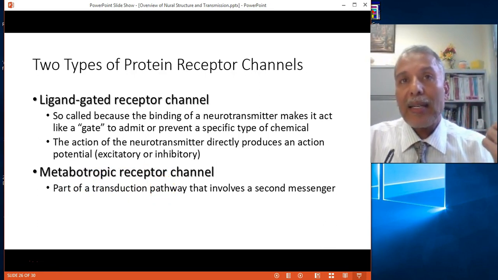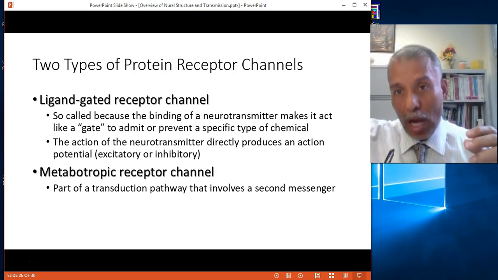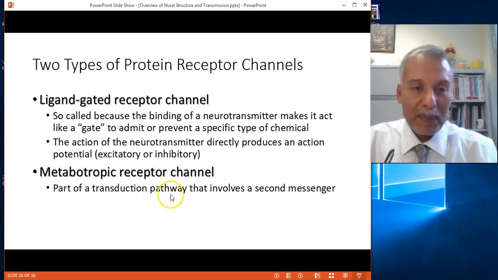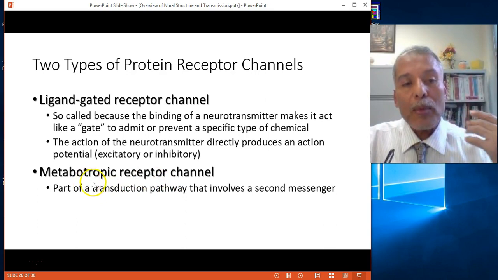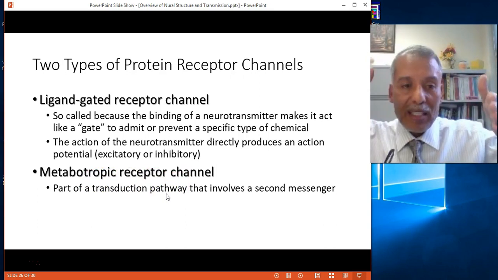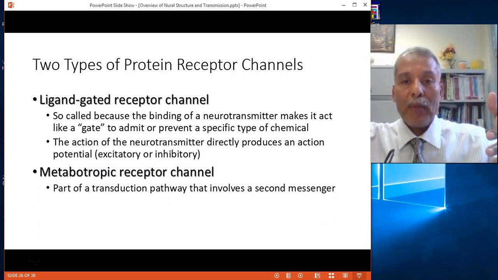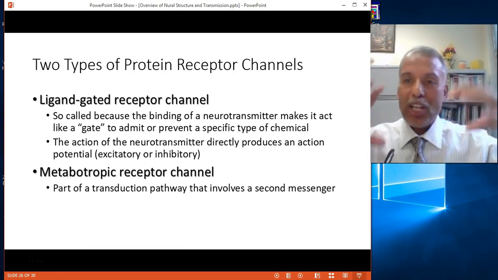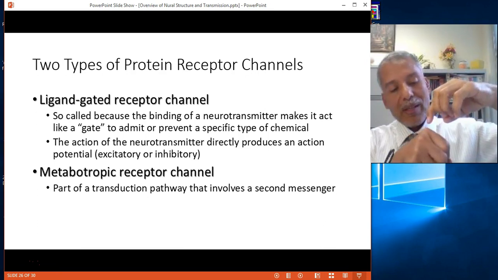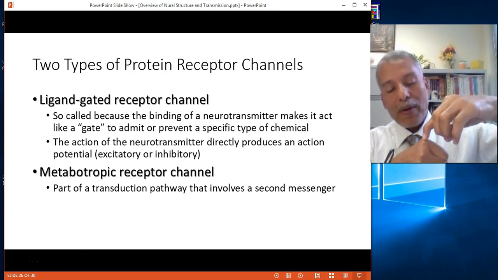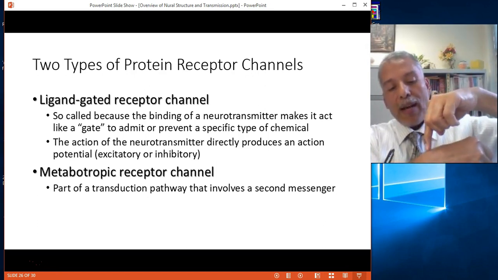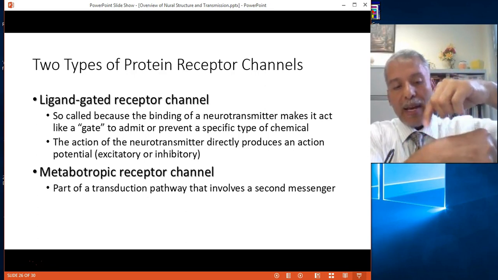And it doesn't, even though a neurotransmitter docks on it, there's no gate to open or close. I'll explain. So the metabotropic receptor channel is part of a transduction pathway, a pathway that acts like dominoes. Once the neurotransmitter docks onto that kind of channel, it is going to cause it to trigger another protein to act,